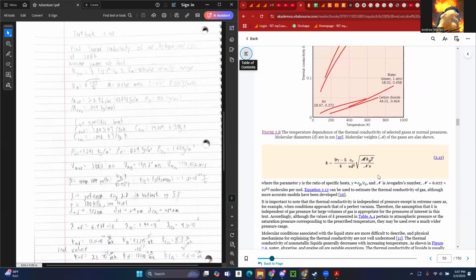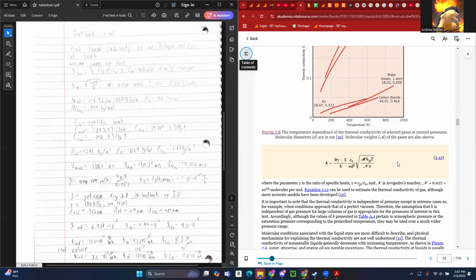So also, if you scroll further down, it should be noted that technically speaking, gases have two different specific heats, one at a constant volume, another at a constant pressure. For these ones I grabbed the specific heats under constant volume, which is what I decided to do. But because there's this difference, there was a more exact equation for the coefficient of conduction provided